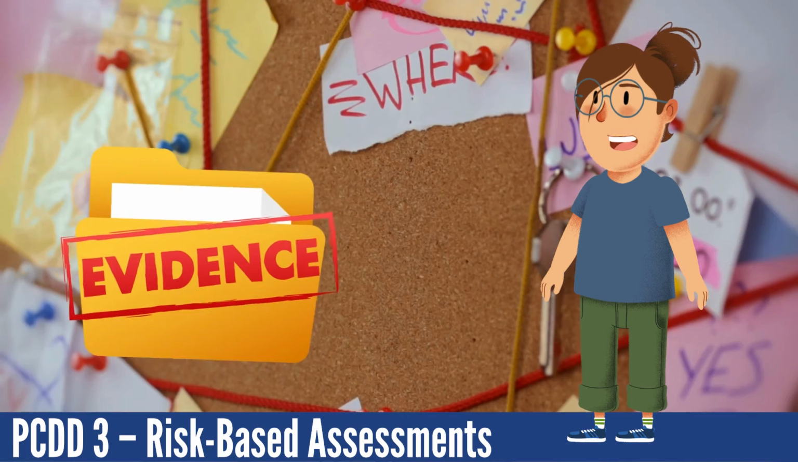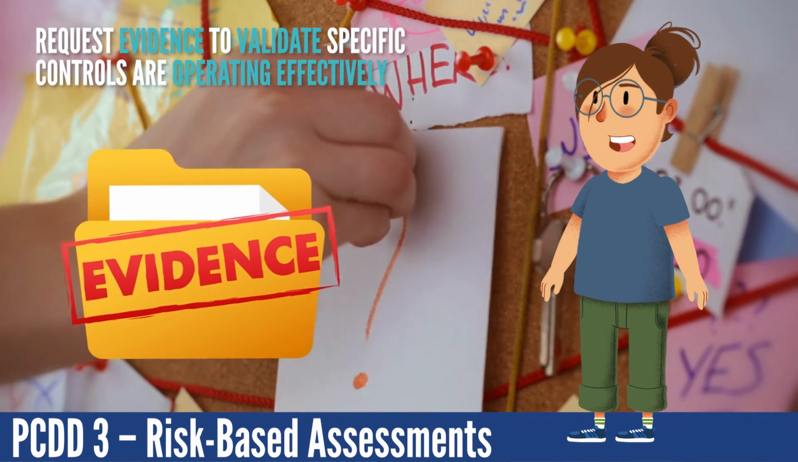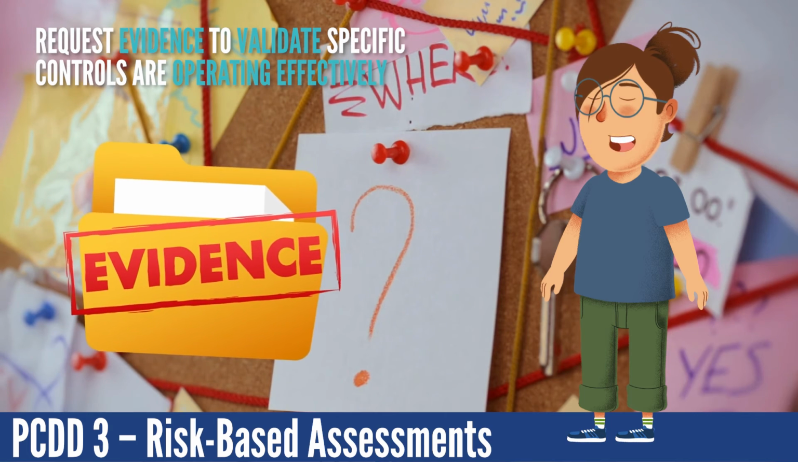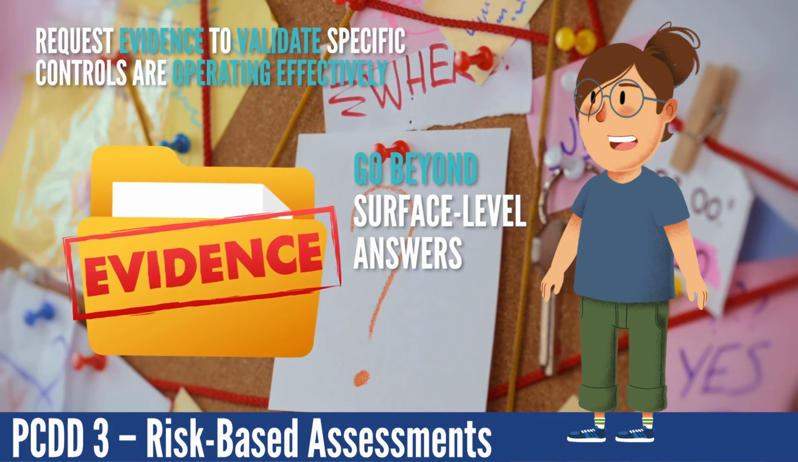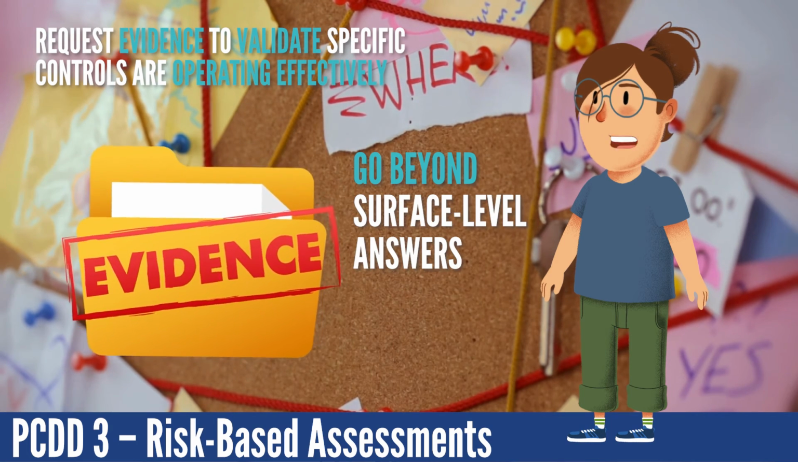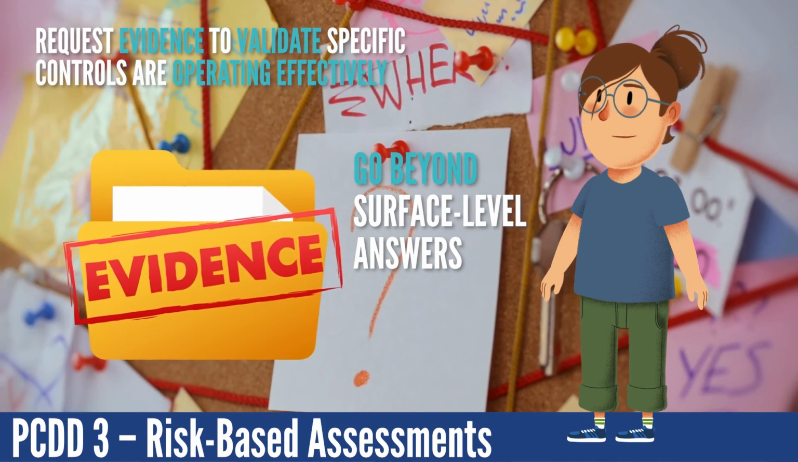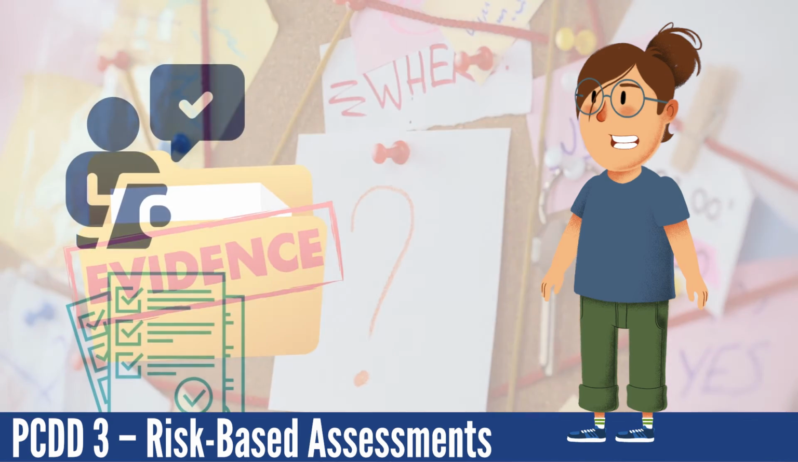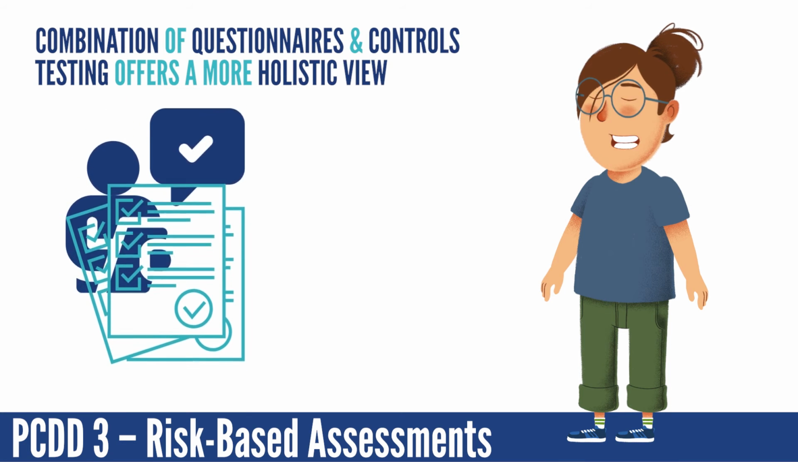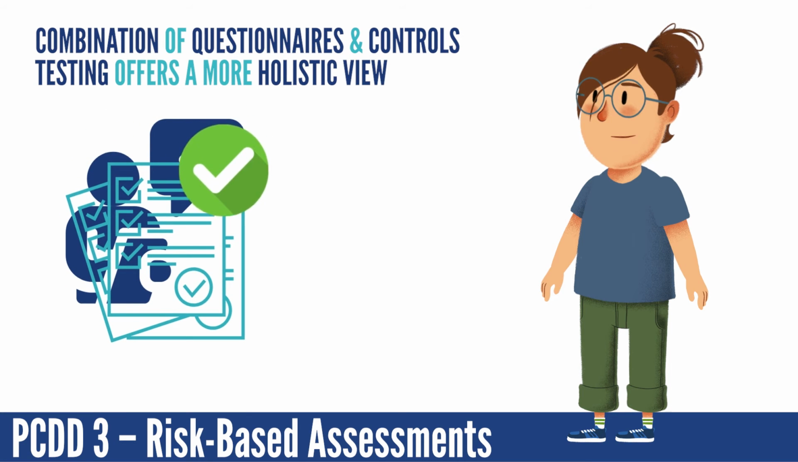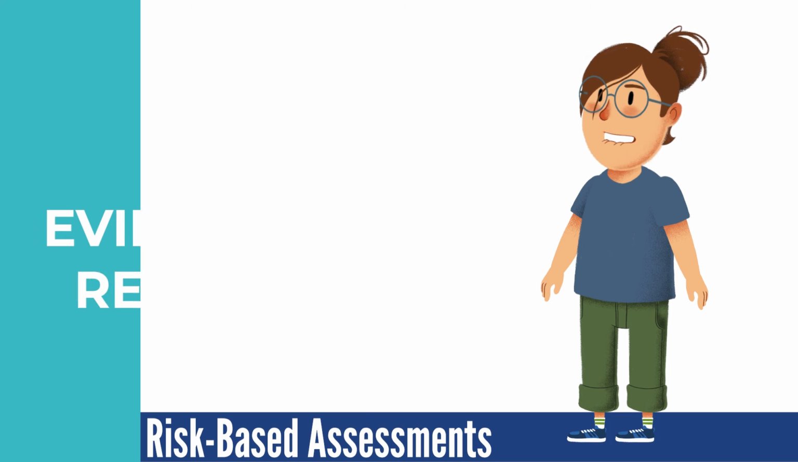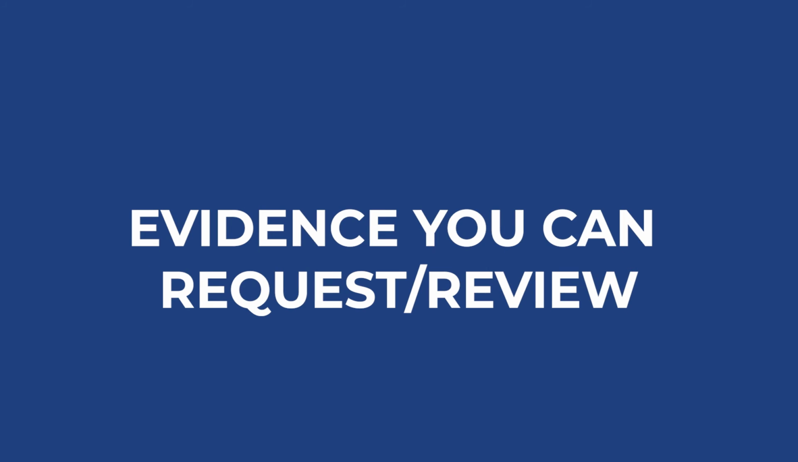As part of your assessments, it is important to request evidence to validate specific controls are operating effectively. This approach allows you to go beyond surface-level answers and actually observe whether the controls are operating as intended. The combination of questionnaires and controls testing offers a more holistic view of the third party's processes and controls. Evidence you can request or review includes, but should not be limited to, the following: